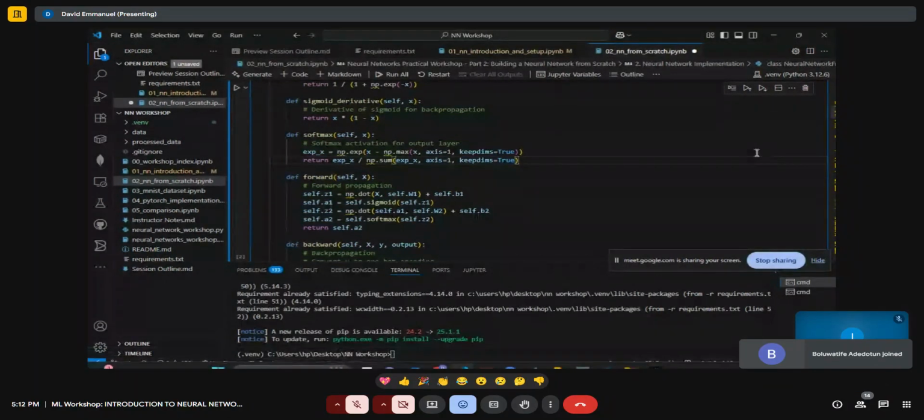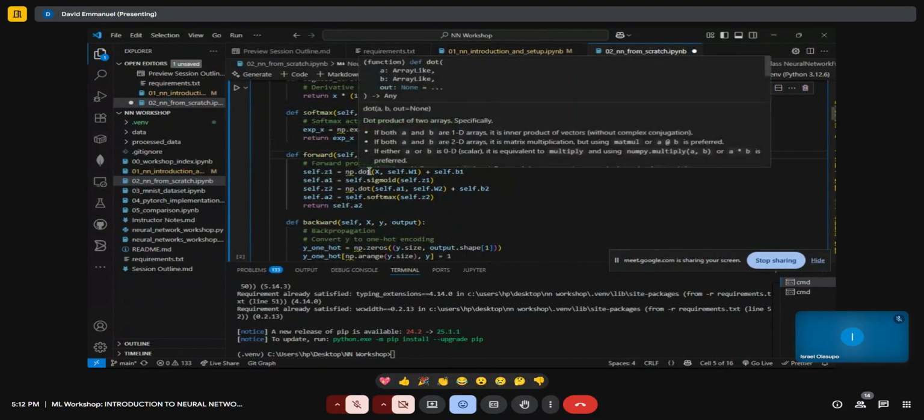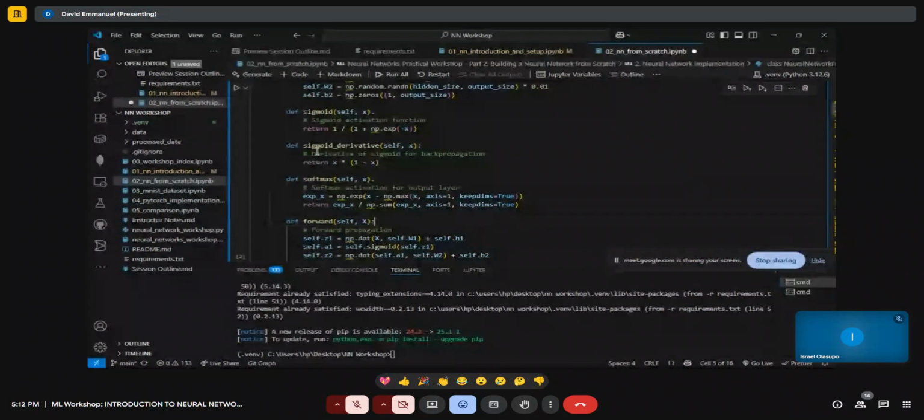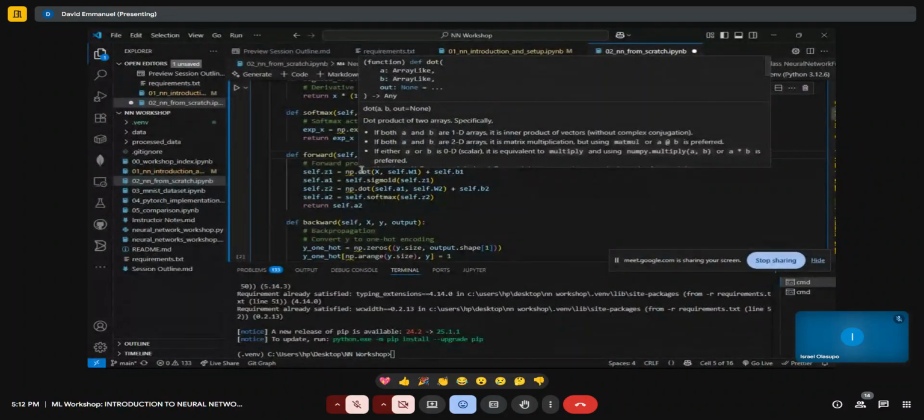And then notice that we don't need to take the derivative of softmax, because that's the final output. So in our forward propagation, what we have is